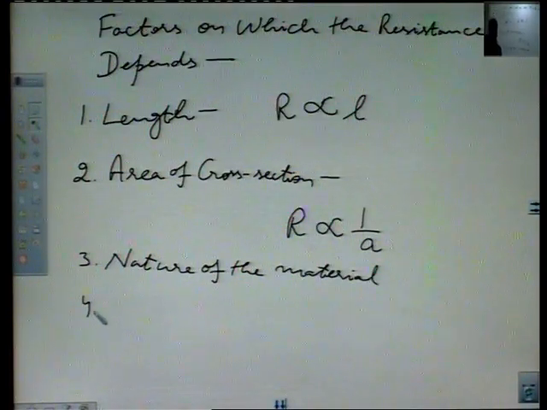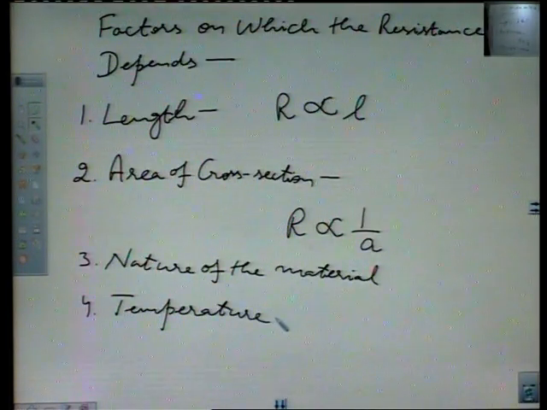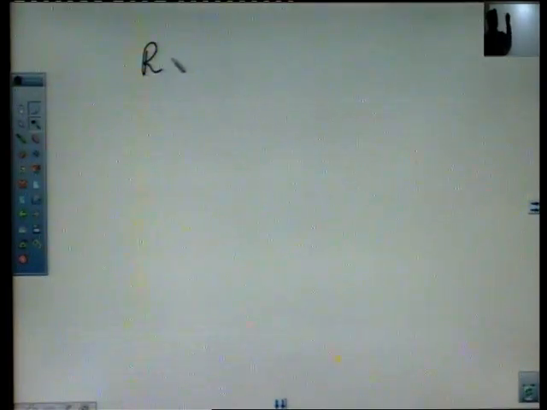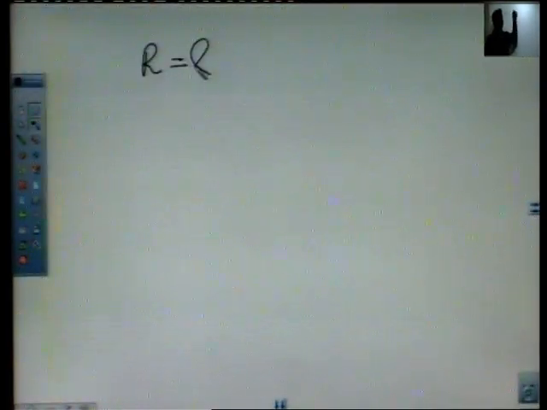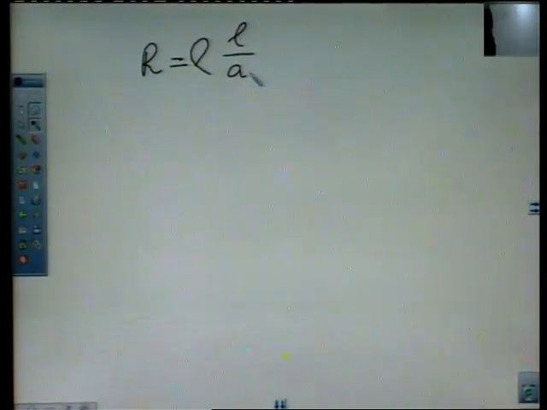The fourth factor on which resistance depends is temperature. Temperature also decides the resistance of the material. So, we will combine all these factors, leaving temperature aside, assuming that the surrounding temperature of the material remains constant. The resistance of the material will be given by rho L over A, where L is the length of the conductor,